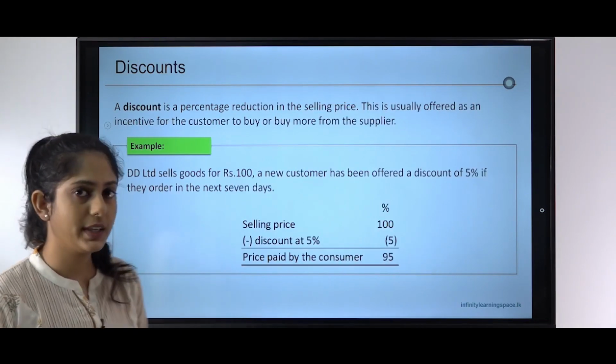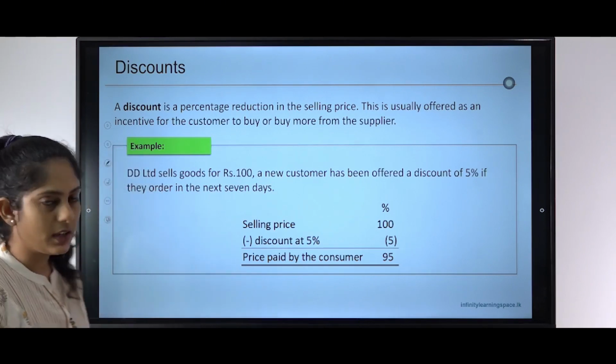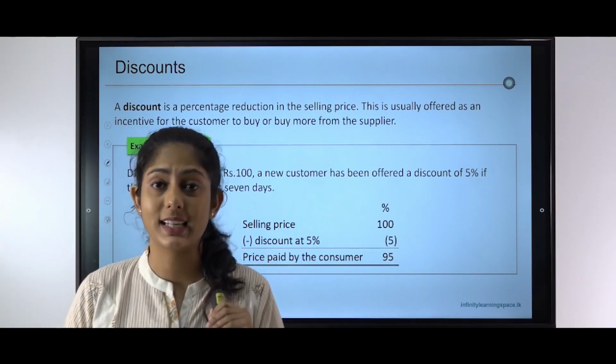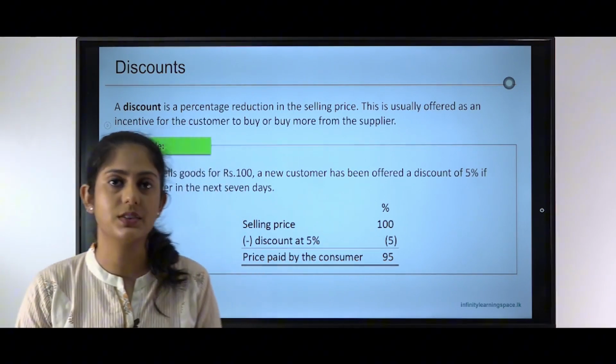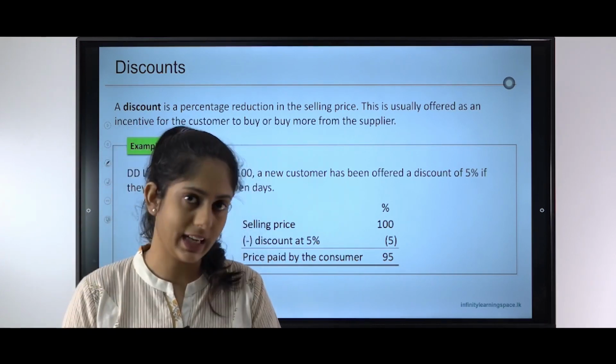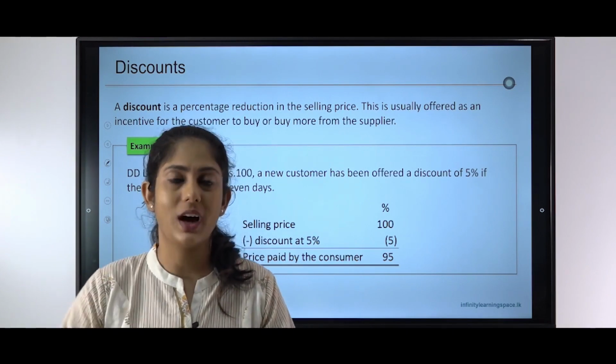Second is, you might use percentages for discounts. A discount is where when a product is sold at a lesser price than its original price, you call it a discount. So basically, let's say I want to attract customers, or it's a season, I want people to come to my store. So I give them some